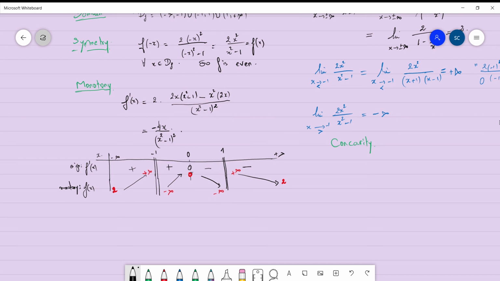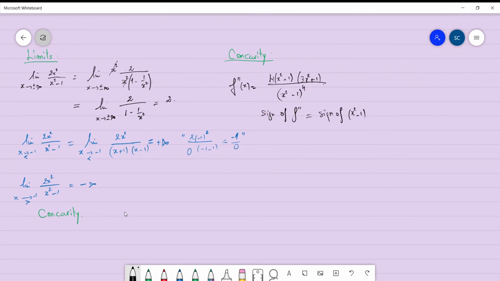Sign of f second will be here, or let's put it, yes, it's better to do things well here. So if you put minus 1 here and 1, if you do your study of sign, separately x minus 1, x plus 1 as we did previously: positive, negative, negative, positive, positive, negative, then x squared minus 1 will be plus, negative, and plus. So we can say then sign of f second,